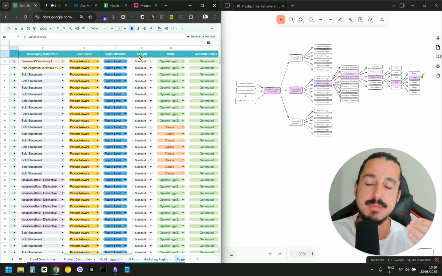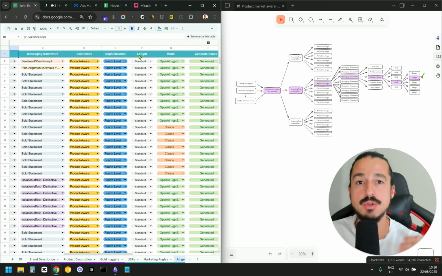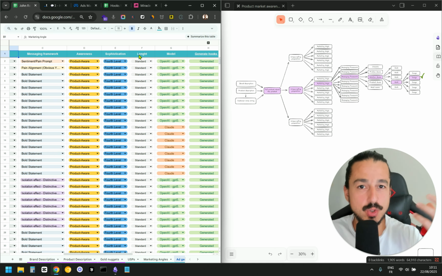And by an ad, I mean a hook or a longer copy that you can use as a mini VSL or whatever the ad is. You always can segment it into different variables. So now that AI can handle the creative part, if we are able to build a system to feed the right variables to an LLM model, an AI, then the AI can actually output the ads that we want exactly,